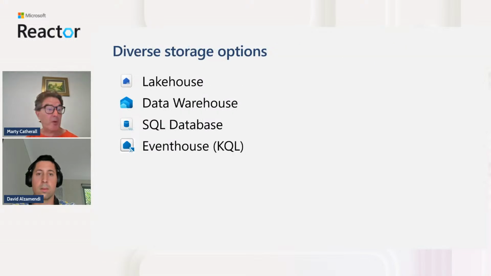So we've got pretty diverse storage options. We've got the Lakehouse, which we've talked about. We've got the data warehouse, which is akin to a Kimball-style warehouse that people create within database management systems. Now we've got, in Fabric, the Fabric SQL Data Warehouse. So we've always had Azure SQL, which is basically the next evolution of the on-prem database into the cloud. And now that Azure SQL database has been brought into Fabric itself. So from within the Fabric SaaS platform, we can use a familiar SQL Server environment.